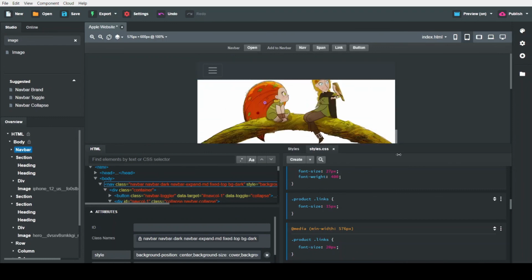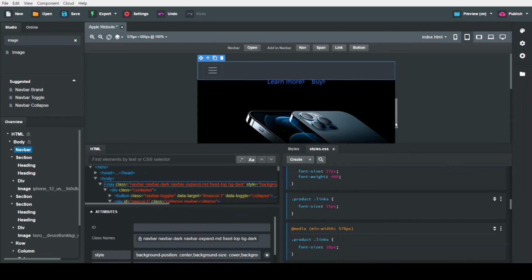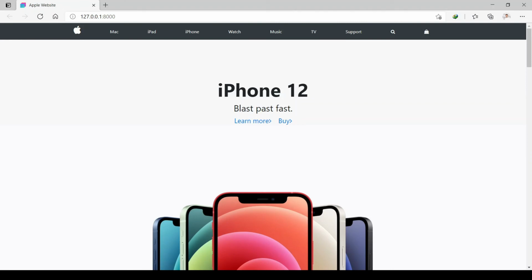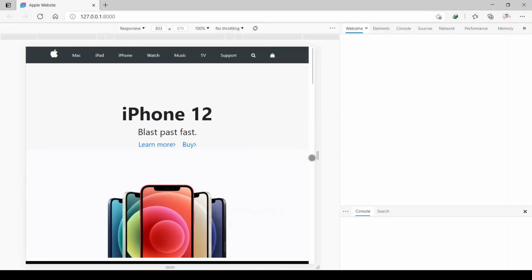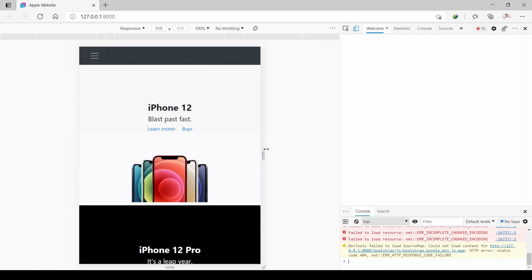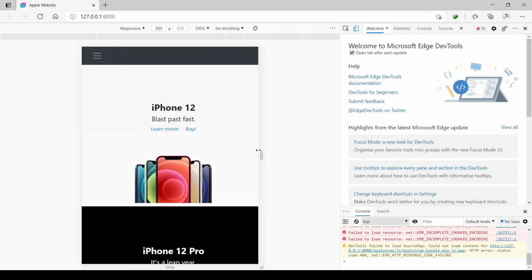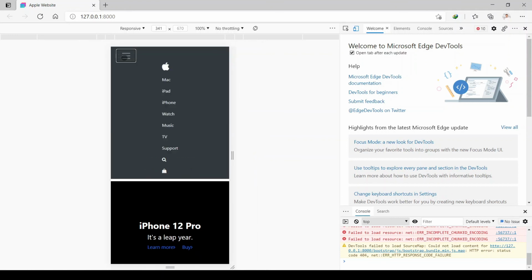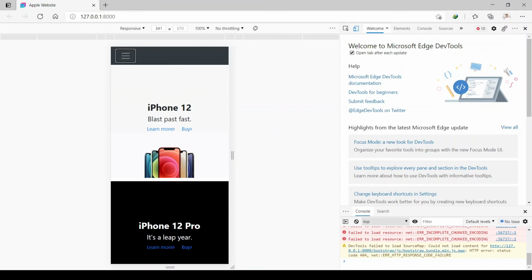Now you can check it here. Let's check how it looks on the small screen. Go to the developer option of this website. Now if you reduce the screen size, the headings and link size are also going to reduce. Now it looks amazing. Yeah, if you click on the menu icon, it comes down also.